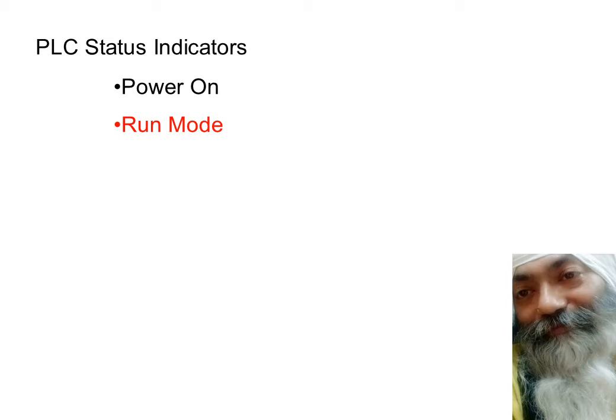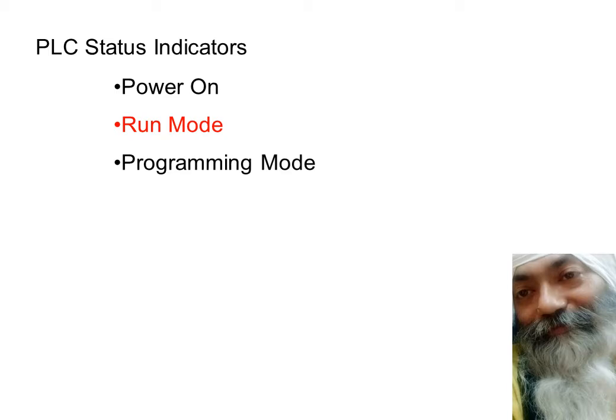The second LED is of run mode. If the PLC is not being changed for its program or freshly loaded, it is running on the program which is already there in the memory. This is the mode where the PLC is normally expected to spend most of its life. Now and then, only when you want to reprogram certain sections, you come out of run mode and go to the program mode. Otherwise, you remain in run mode only.